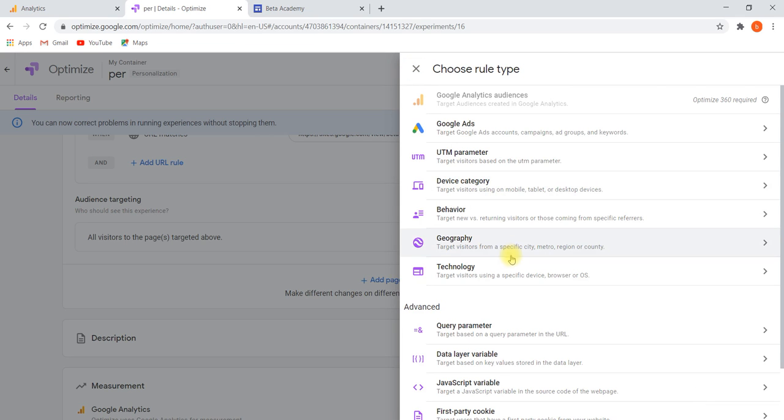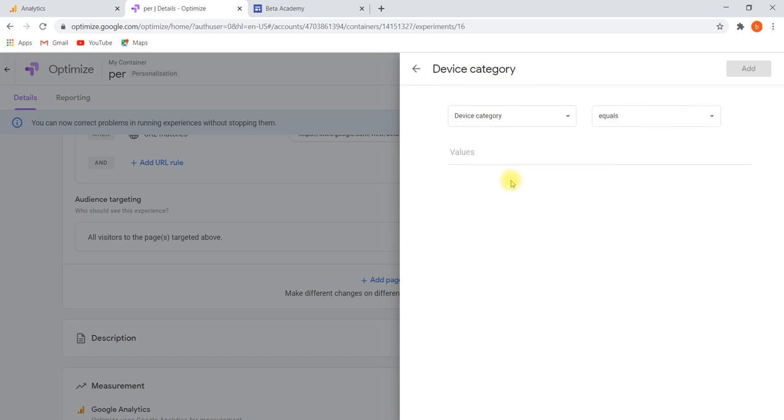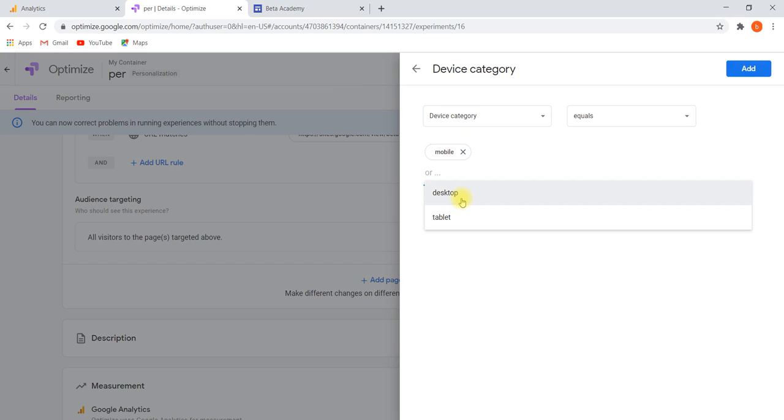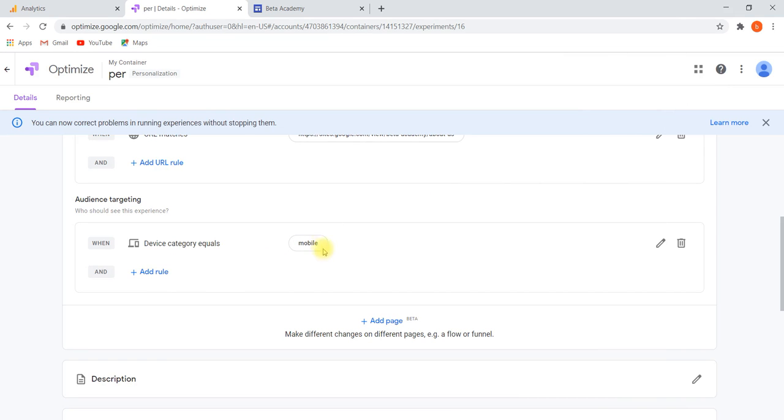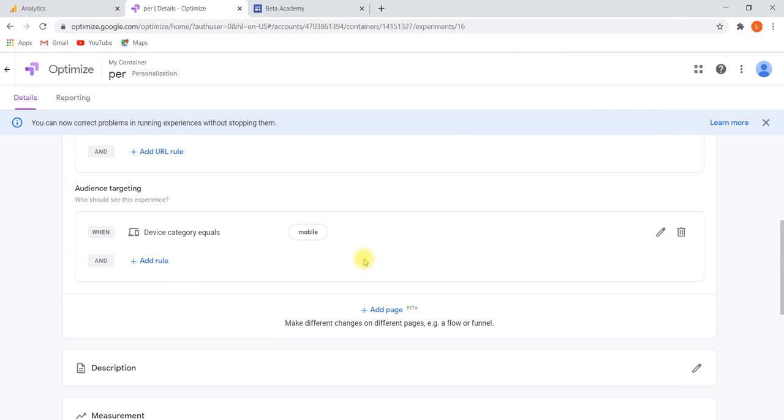We can select other things also, like device category, like mobile. This particular variation will show to those who are visiting our website through mobile. Like this we can add the targeting audience.